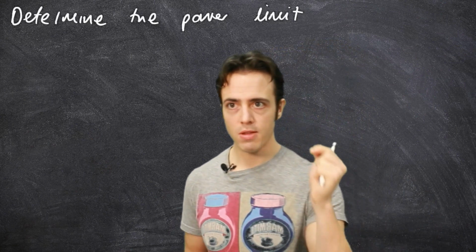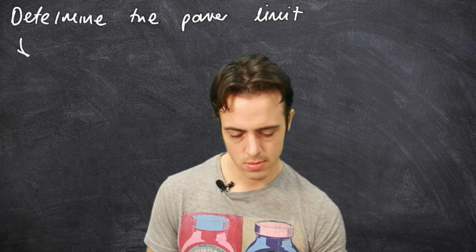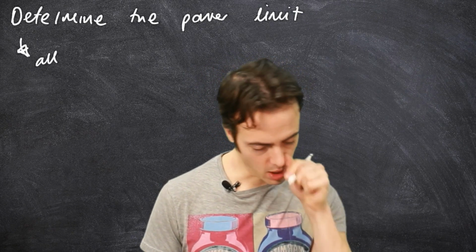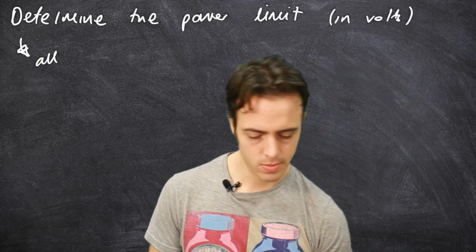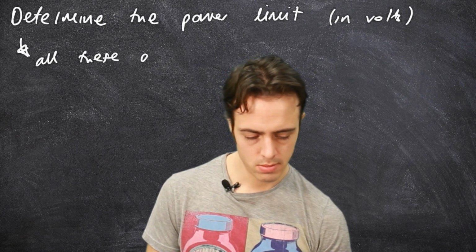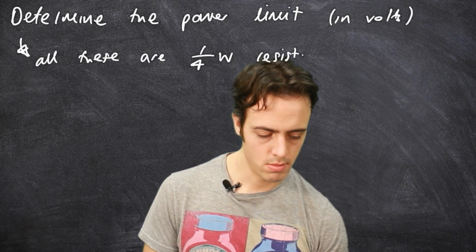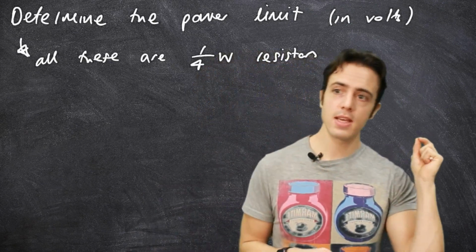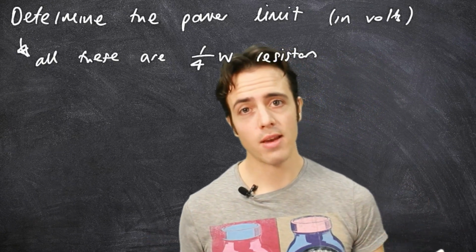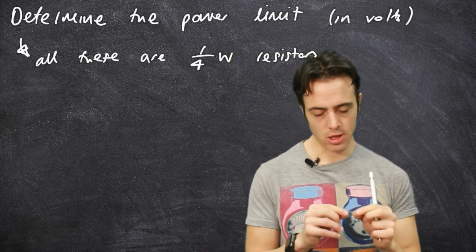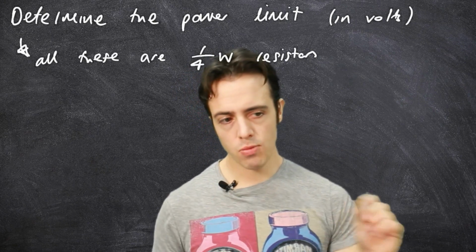So all of these resistors that we're using are going to be quarter watt resistors. I'm going to put up here, determine the power limit in volts, because that's what we care about. So all of these can safely convert a quarter watt, a quarter of a joule per second, of electrical energy into molecular kinetic energy. So this one is 100 ohms,